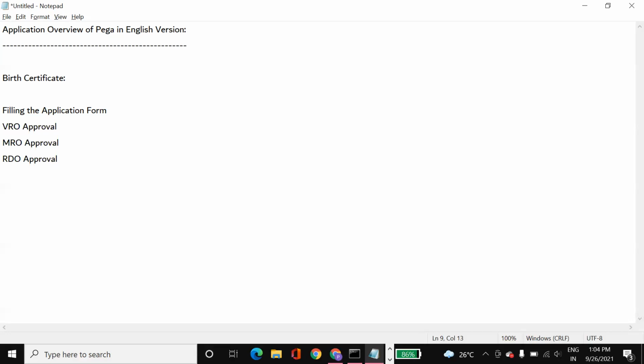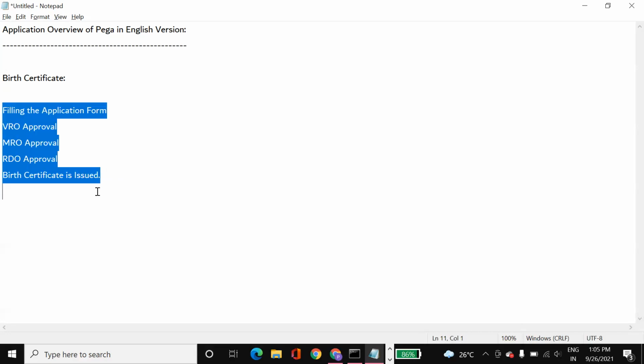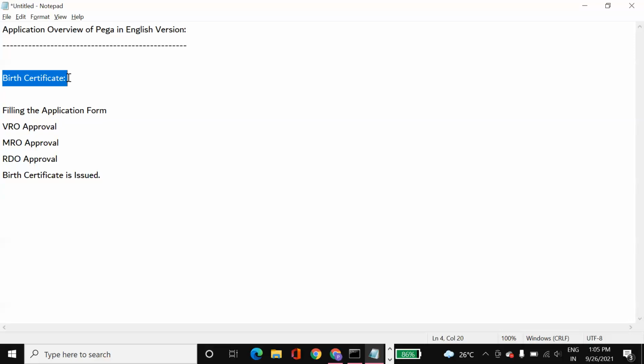This is just an example, not an as-is process. After the RDO approval, the birth certificate is generated, or we can call it issued. These are the steps we need to follow in the whole process of getting your birth certificate.